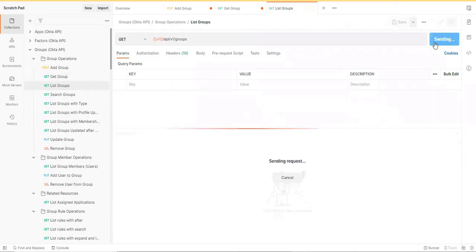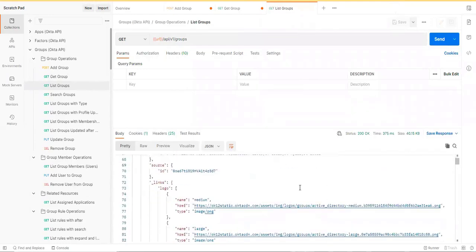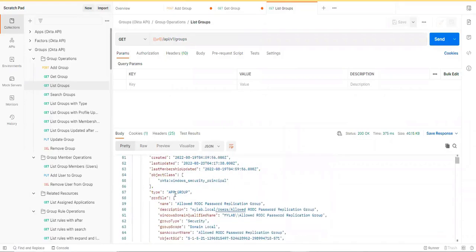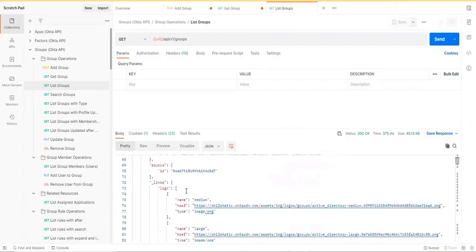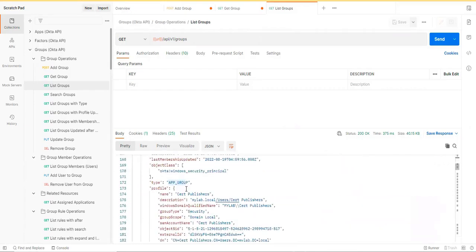If you click send, it will get you the list of all the groups available. It will even get you the opt-out group, the app group, the application master group. It will get you the Active Directory group also.